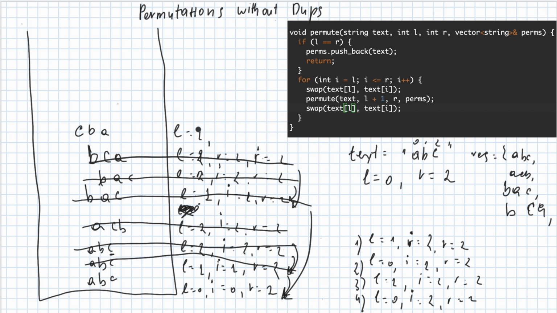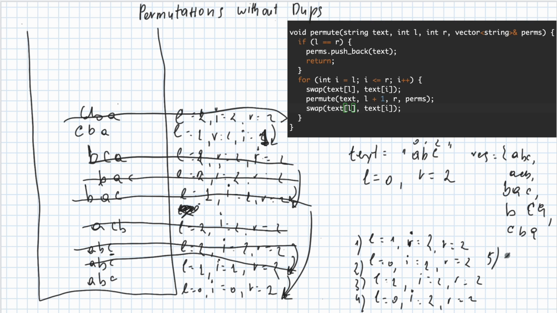Since L is 0, we increment L by 1, so L1, R2, and I2, and then we keep incrementing L to 2, I to 2, and R to 2 with CBA. And when L equals R, we push that to our result, and we return. We go one back, and we see that I is 1 here, and the text is CBA. We still can increment I by 1 more value, since we are in a loop,